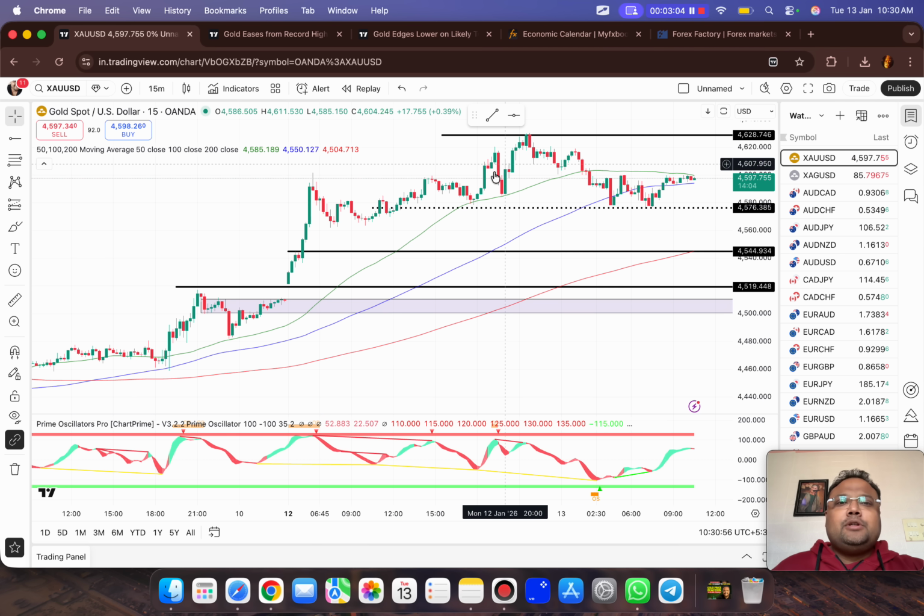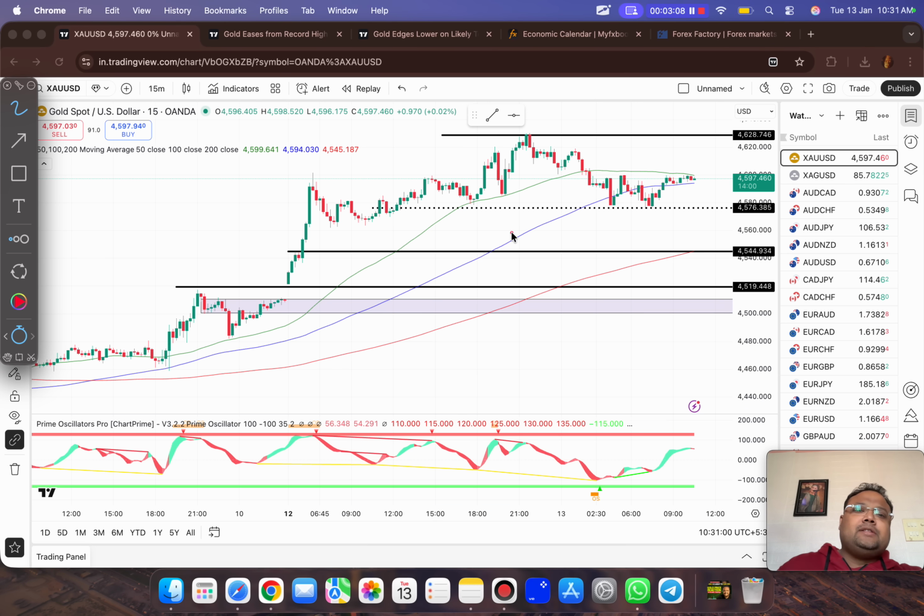So where are the trading opportunities then? When the market came down for correction, my dear friends, it made a low of 4576. It can be 4575 on your chart as well, maybe, because it's a decentralized market, but around 4575, 4576, the market took support. So this is a level we need to keep our eyes on during the day.